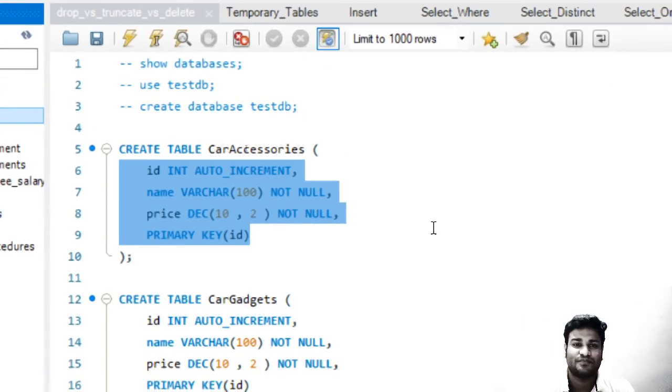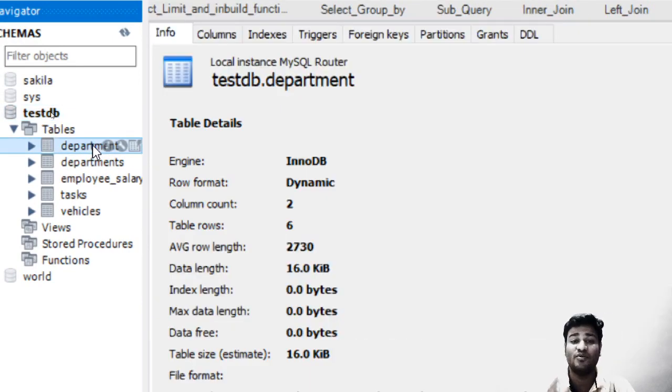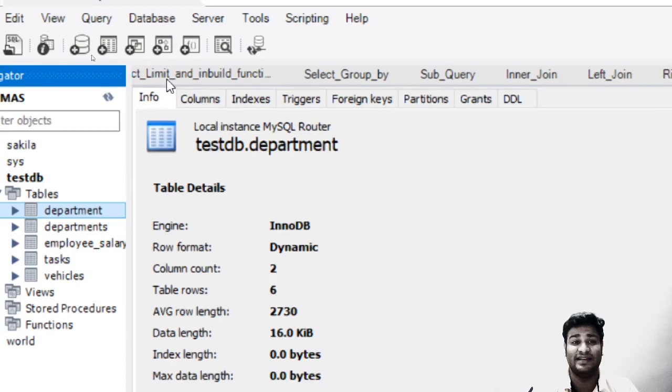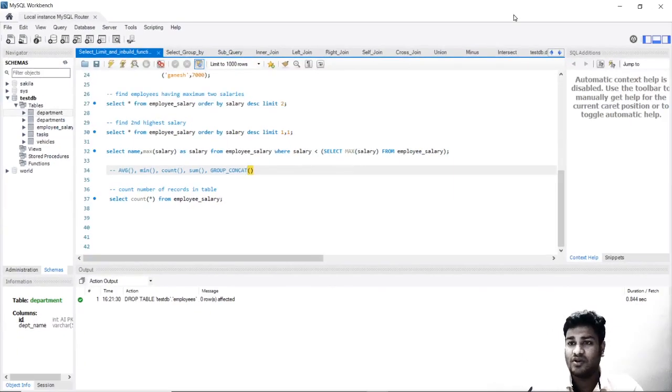What is truncate? Truncate is something which is used to delete all the values in the table. We will come back to truncate again. Let us understand delete. Delete is a command which is used to delete the values inside a table. When we delete some values inside a table, the table does not get deleted from the database. The table itself is there, its definition is there, but only the values inside the table get deleted. So now we come back to truncate.